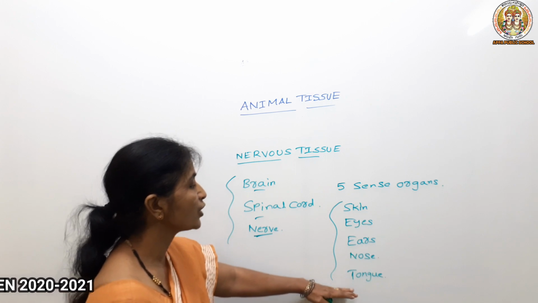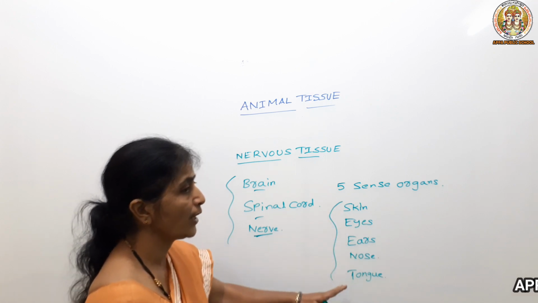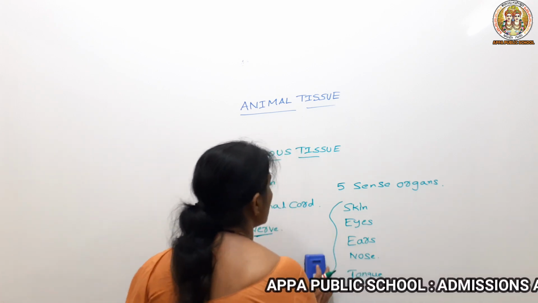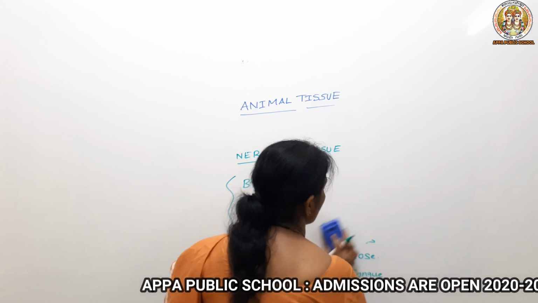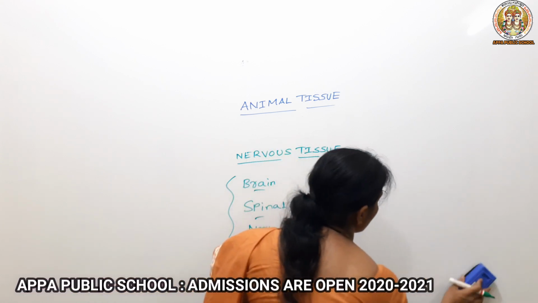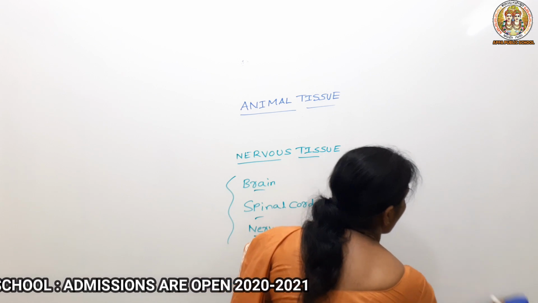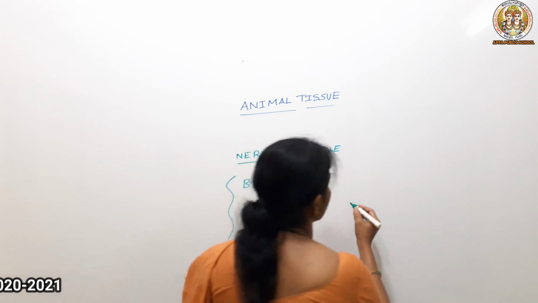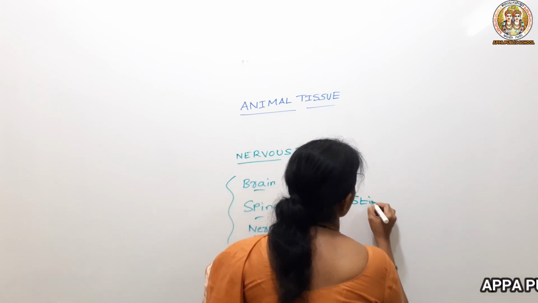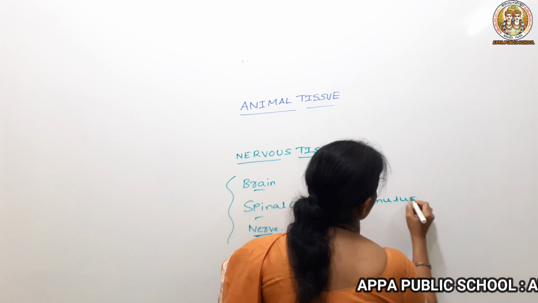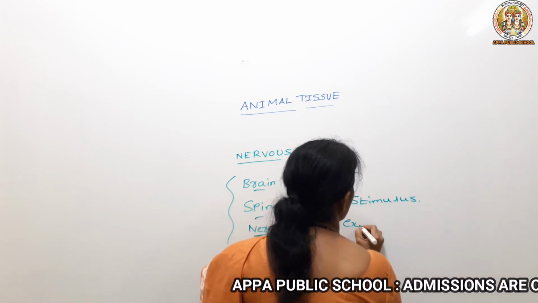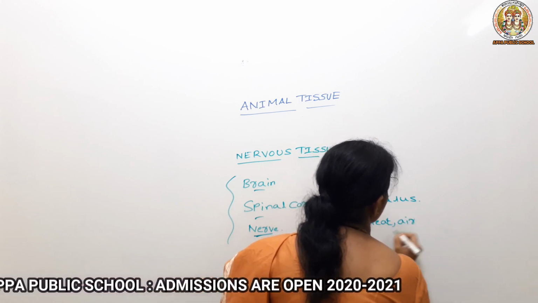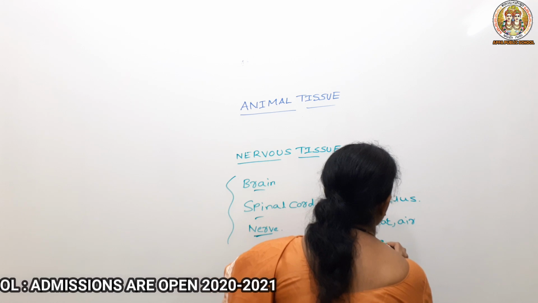Their main function is to take the stimuli. So what is meant by stimuli? The stimulus is nothing but any external, environmental action which takes place and makes the organism give a response. That is known as a stimulus. We can take the example of heat, air, gravity, water; all these are considered as stimulus.